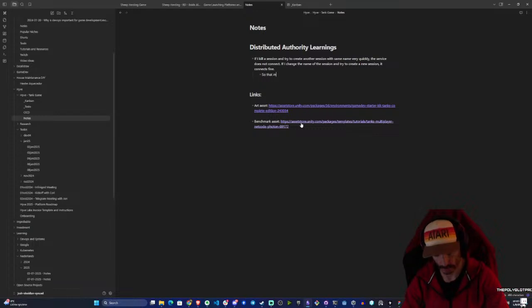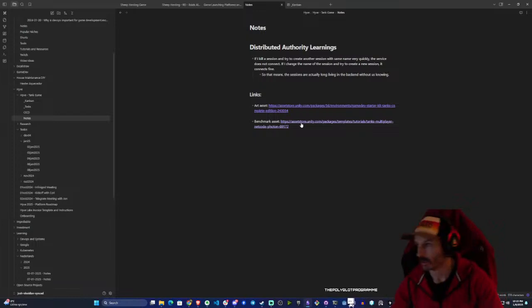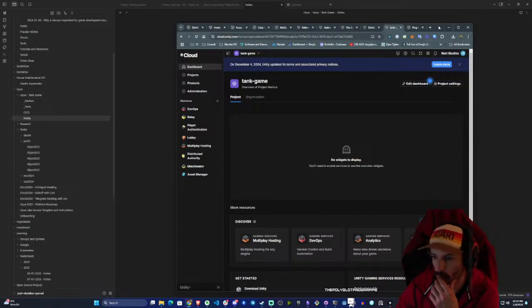So that means the sessions are actually long living in the backend without us knowing. The problem with distributed authority right now is that there's very little documentation,